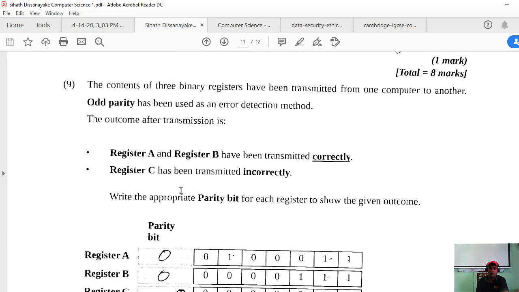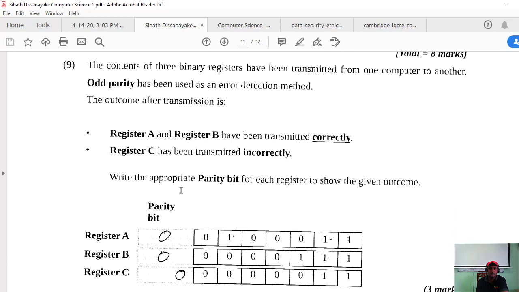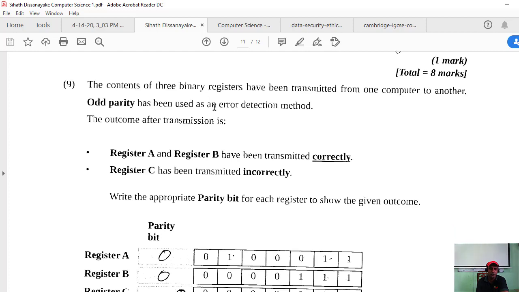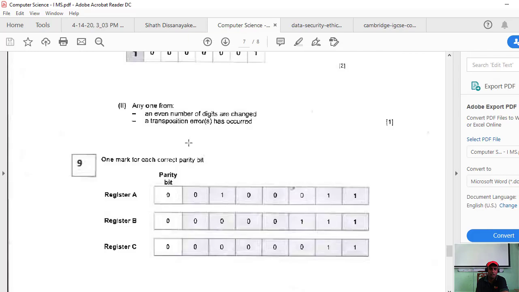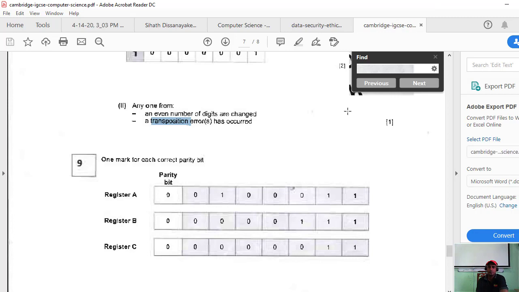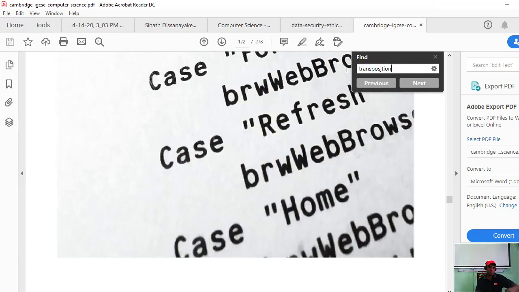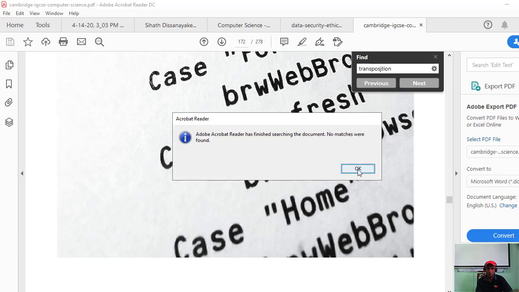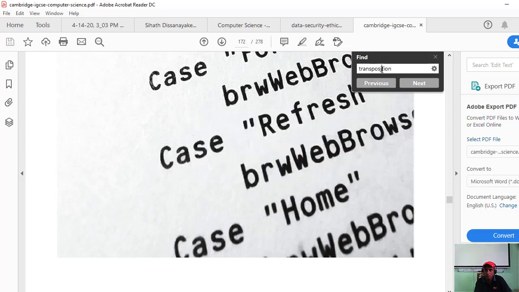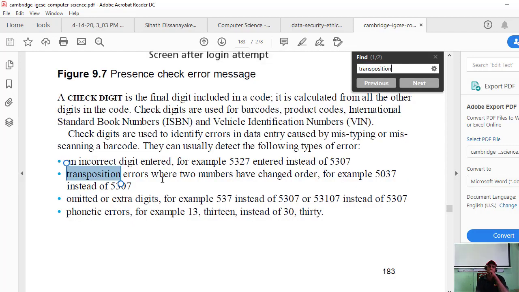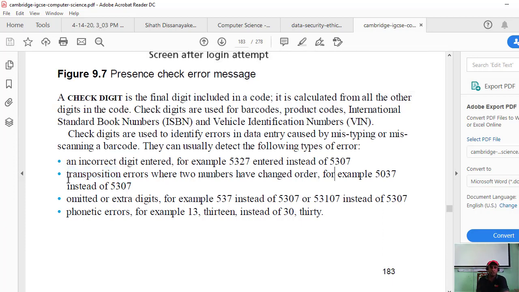Okay, this one. Wait, here we check this word transposition. What is this transposition?